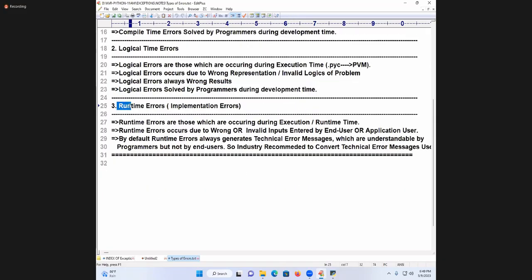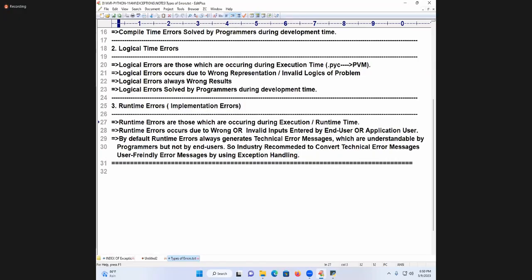Next, runtime errors. That is known as what? Implementation errors. Read carefully, students. Runtime errors are those which occur during execution or runtime. They occur due to wrong or invalid inputs entered by the end user or application user.